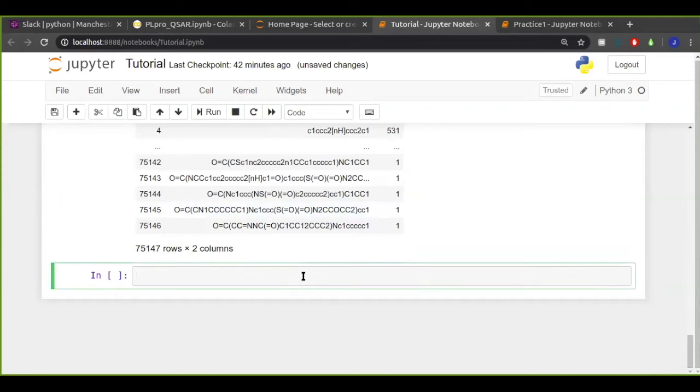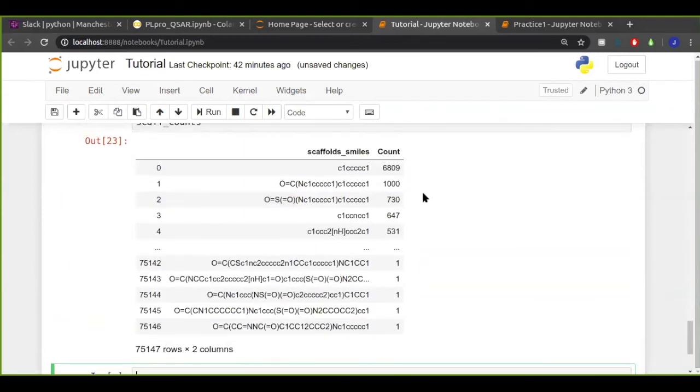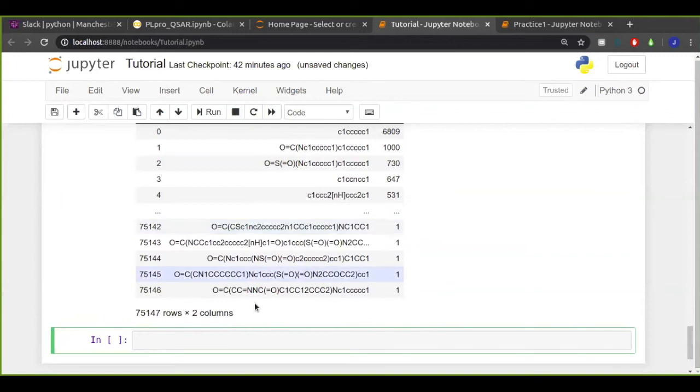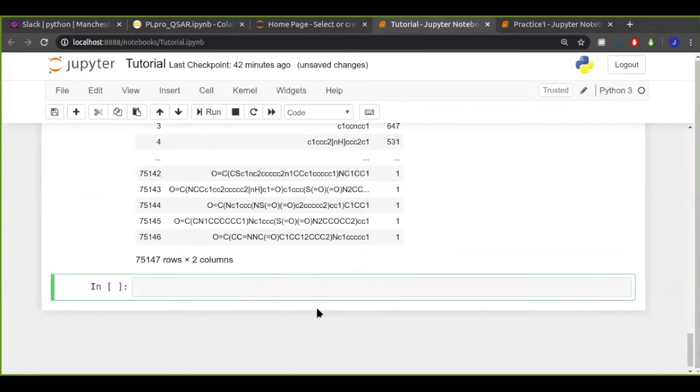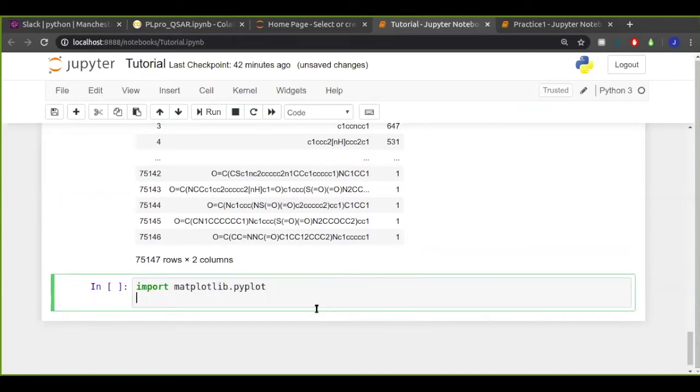I'm going to plot a histogram of the amounts of occurrence of each scaffold. I won't be able to identify which scaffold is which within the histogram, but it'll give me an idea of the distributions that we're looking at, because it can be pretty difficult to see from just this. So let's import our favorite plotting library, matplotlib.pyplot. There we go.